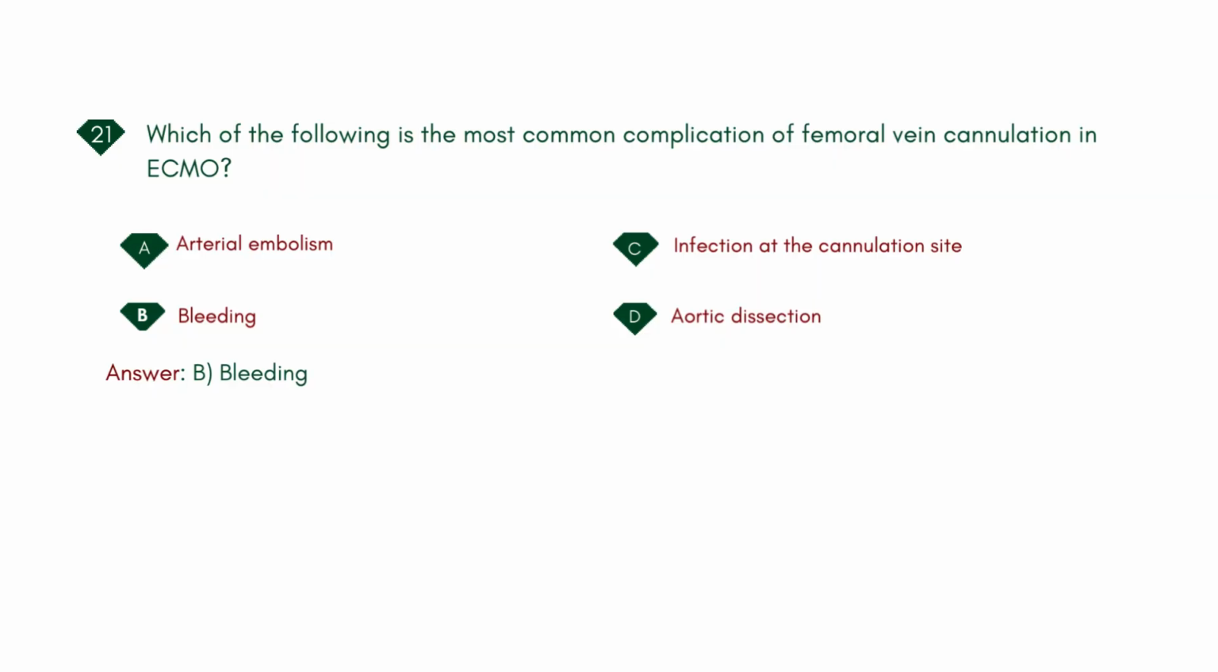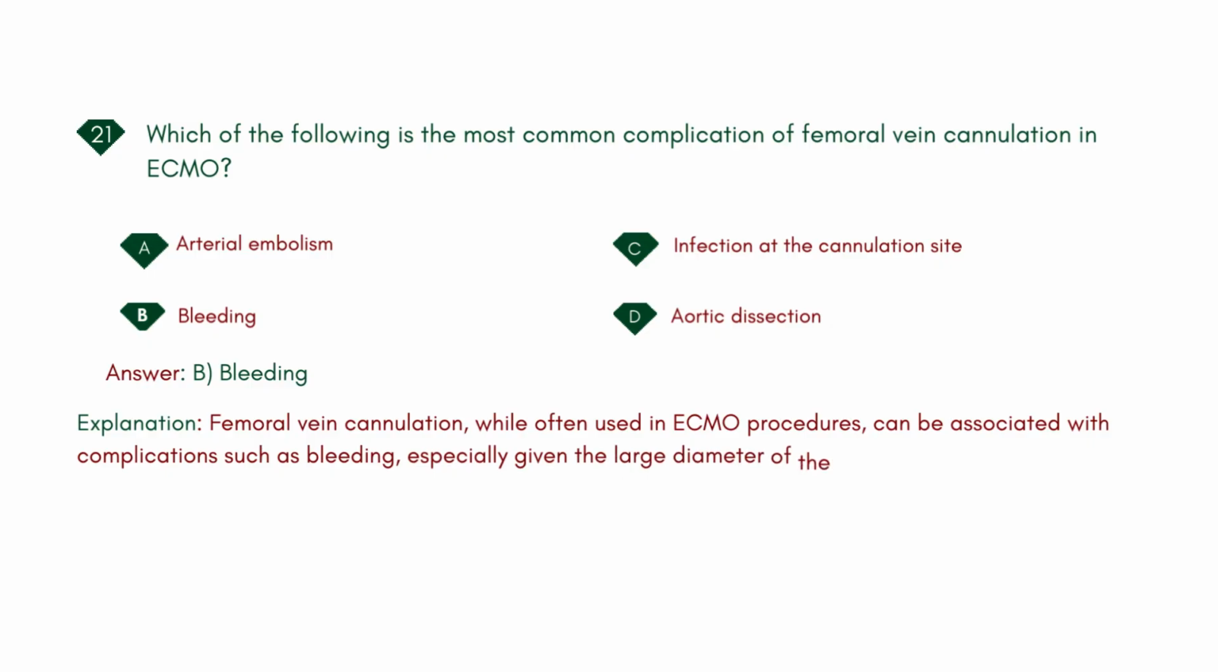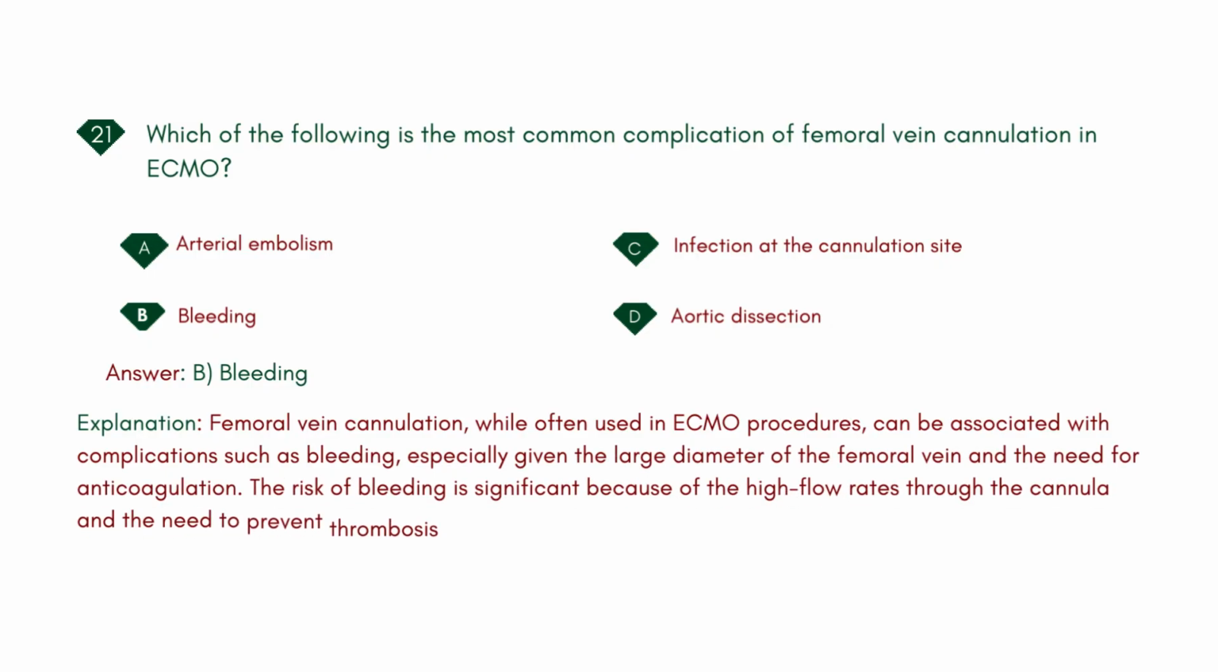Explanation: femoral vein cannulation, while often used in ECMO procedures, can be associated with complications such as bleeding, especially given the large diameter of the femoral vein and the need for anticoagulation. The risk of bleeding is significant because of the high flow rates through the cannula and the need to prevent